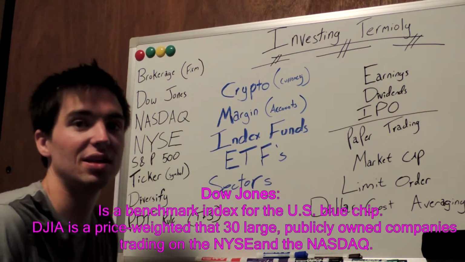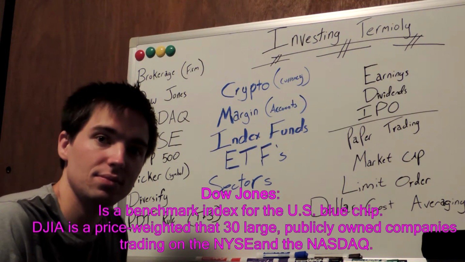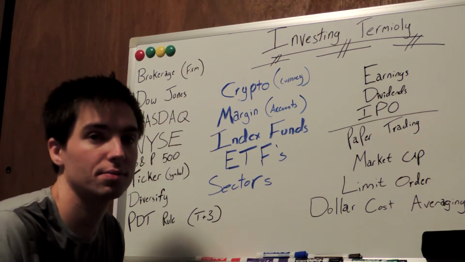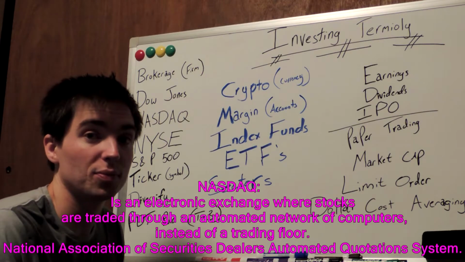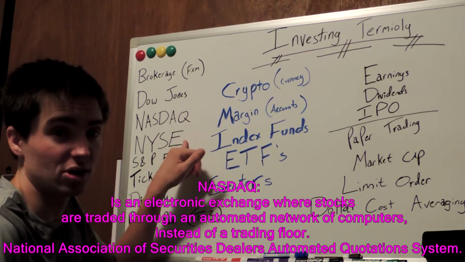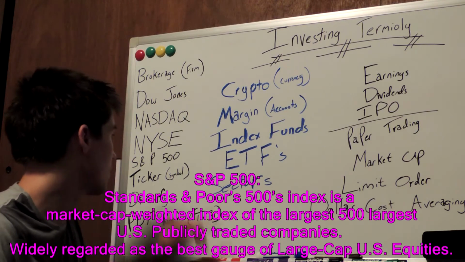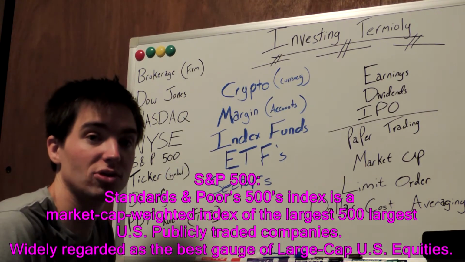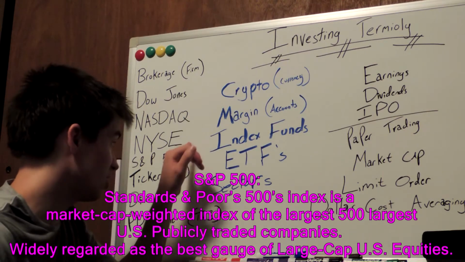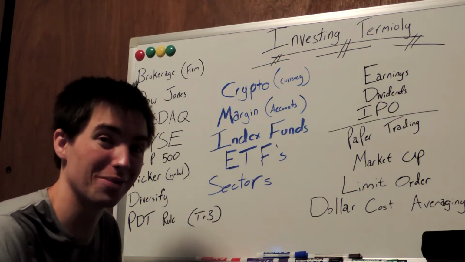The Dow Jones is the industrial average of the stock market, and it's pretty much what we're looking at every day. NASDAQ. Once again, I'm not going to be able to go over all this in 15 minutes, but NASDAQ, New York Stock Exchange, this is a pretty common one you'll see. So the S&P 500 is the 500 largest companies in the New York Stock Exchange. All corrections will be dubbed over what I'm saying.